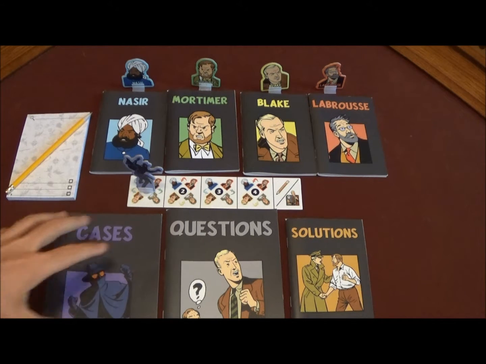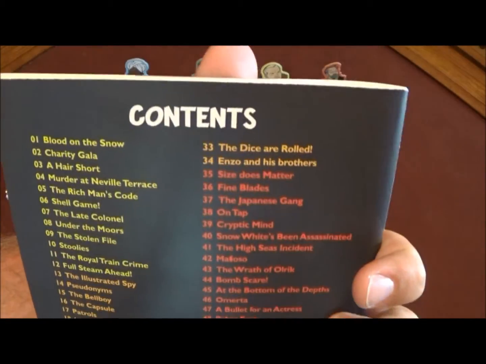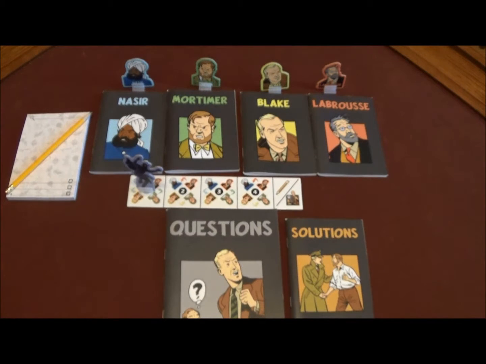The first step is case. Now, one player is going to open up the case booklet to one of the 64 cases in the book. All of the names of the cases are on the back of the book here, and they're colored by difficulty. I'm not going to show you the actual cases in the book so I don't ruin any of the content,